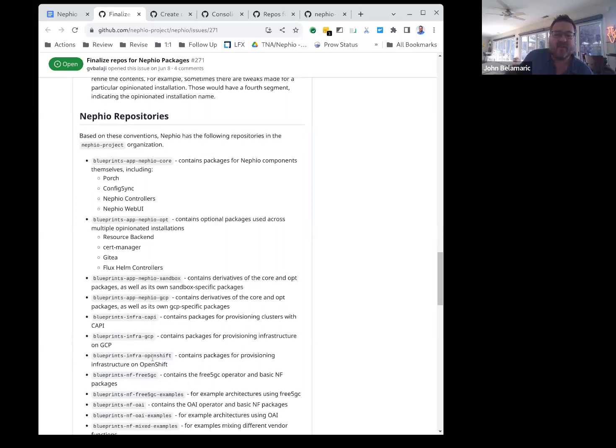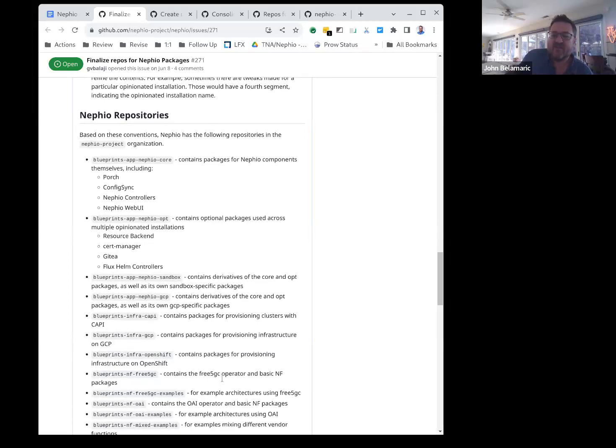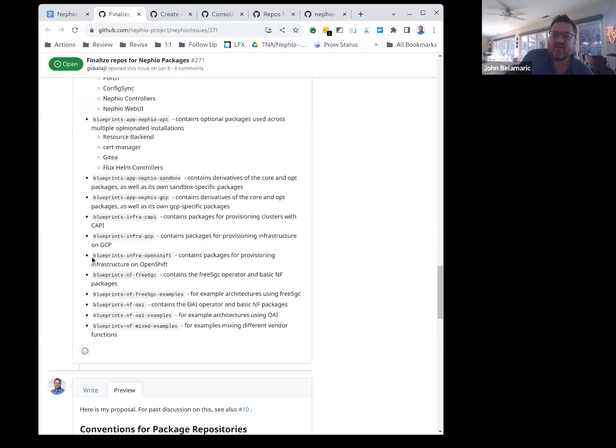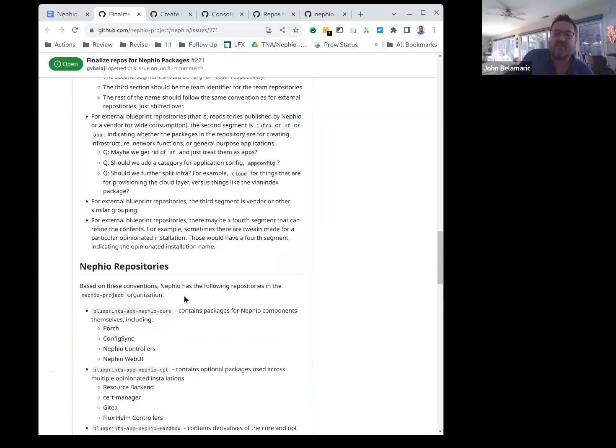At that point, the idea was you'd say blueprints-org infra GCP would be your organizational versions of specific blueprints for GCP. That's kind of what I'm trying to do: one, start with blueprints or catalog. It's plural here. Catalog would be singular. So in that sense, they're both collections. And then, what's the basic stuff that's in there?